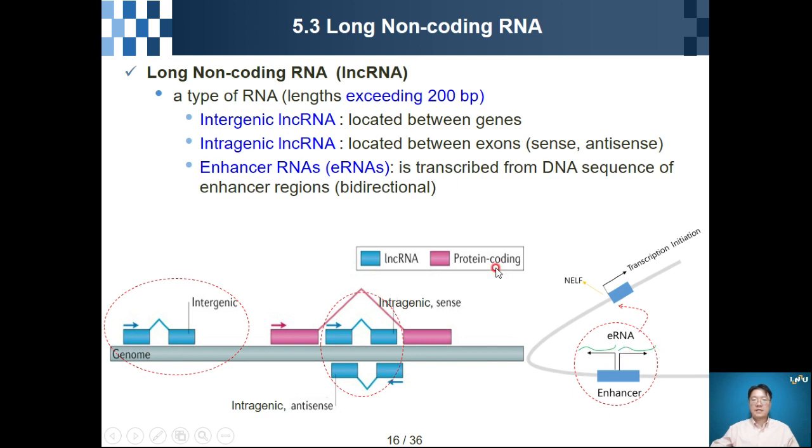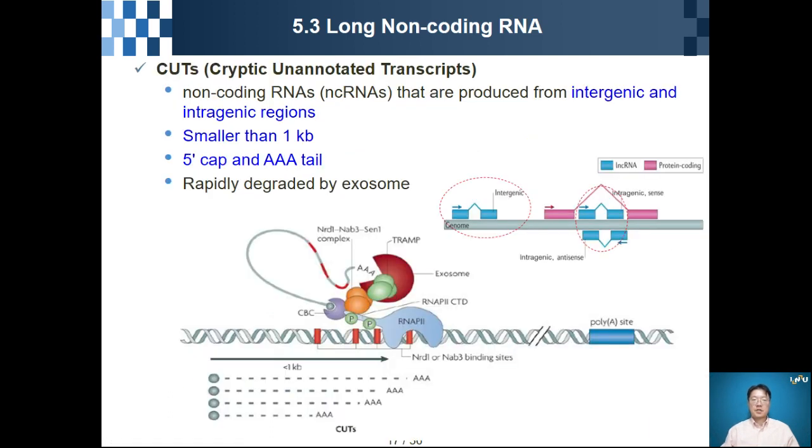Okay. So once again, long non-coding RNA usually has a length exceeding 200 base pairs. They are the intergenic, intragenic, or enhancer RNAs like this. CUT is one example of long non-coding RNAs. Okay, we call it cryptic unannotated transcript. So CUT is a non-coding RNA that is